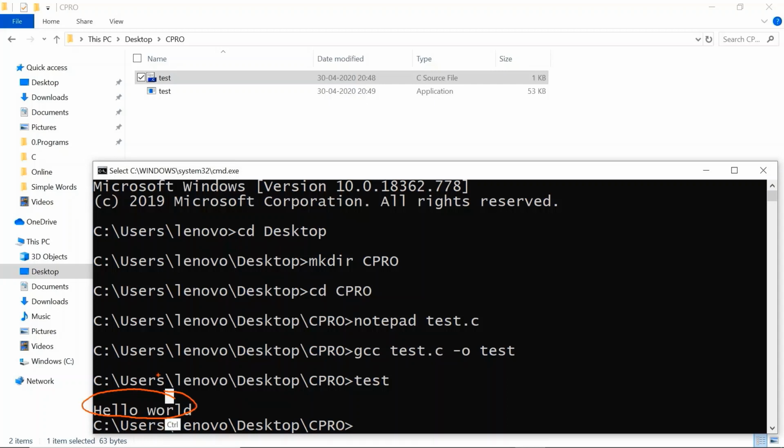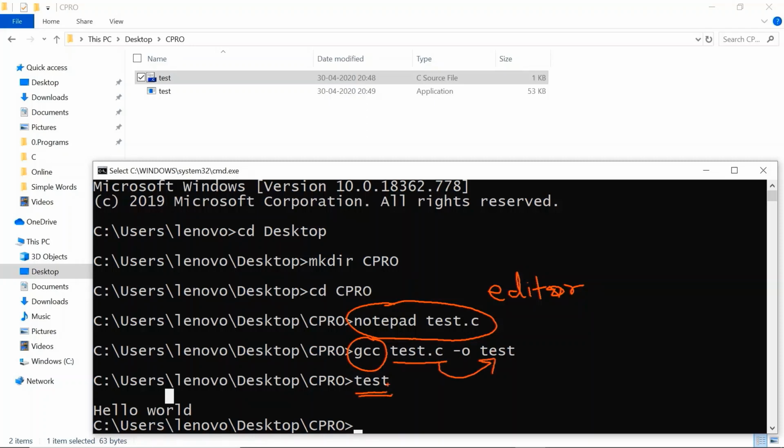So this is the process to execute the program through command line. First you will have to create source code in any editor, after that you need to compile the source code and generate the output file, and after that you need to execute that output file.